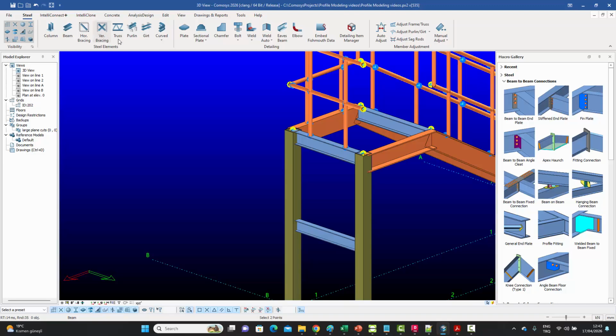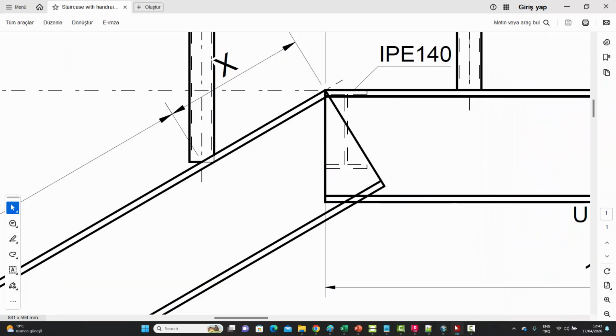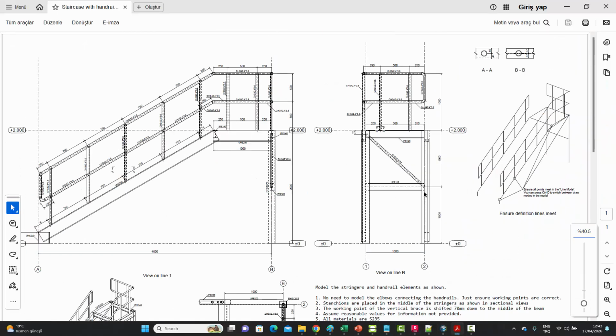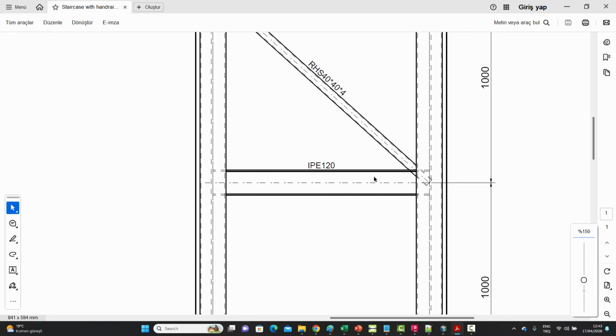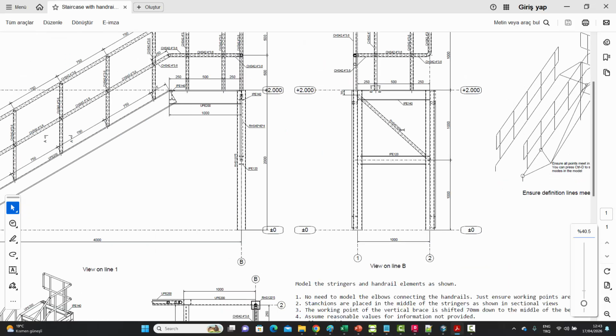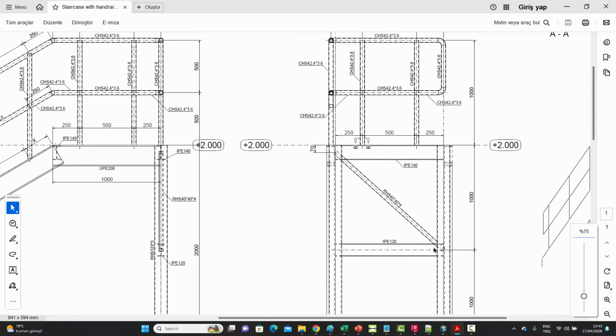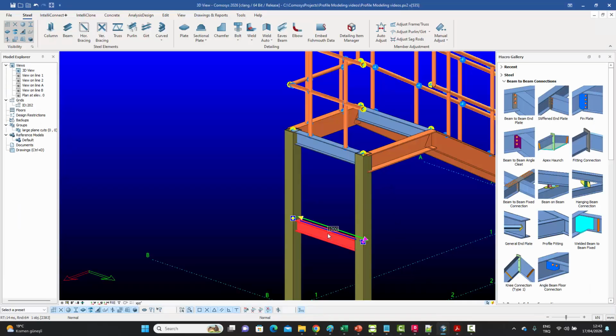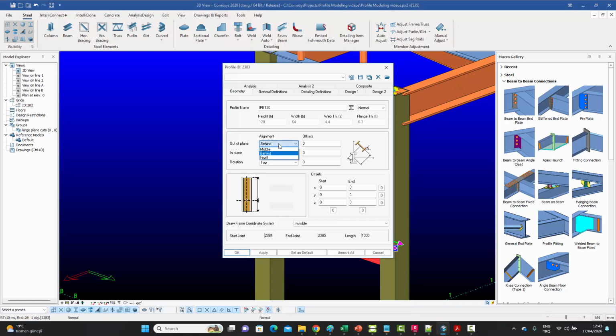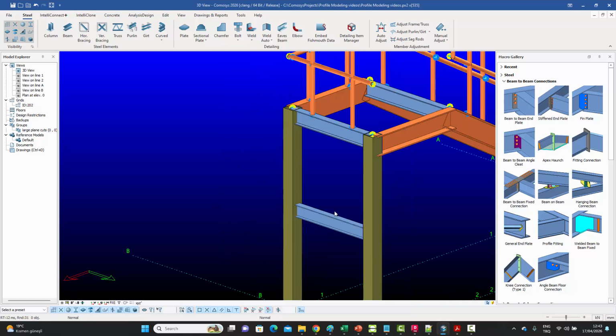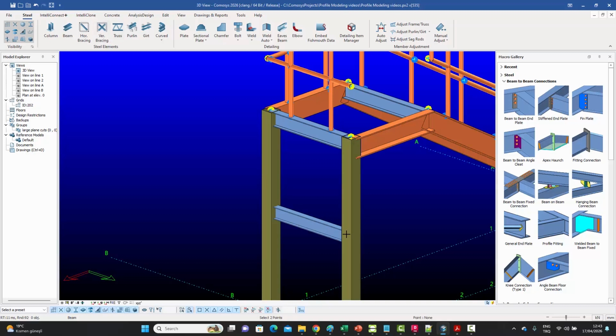So we need to go to our vertical braces. By the way, this one also was centered. Let me go back to the model. There we go. So this was not entered as behind. If you notice, the 1000 distance is not the top of the steel, it's the middle of the steel. And then we have an RHS 40 by 40 by 4 coming on top of that. So first let me modify it: instead of keeping it behind, let's call it middle, like that. And now we can enter the vertical bracing from the node, the red snap is the node, to there. We can modify it